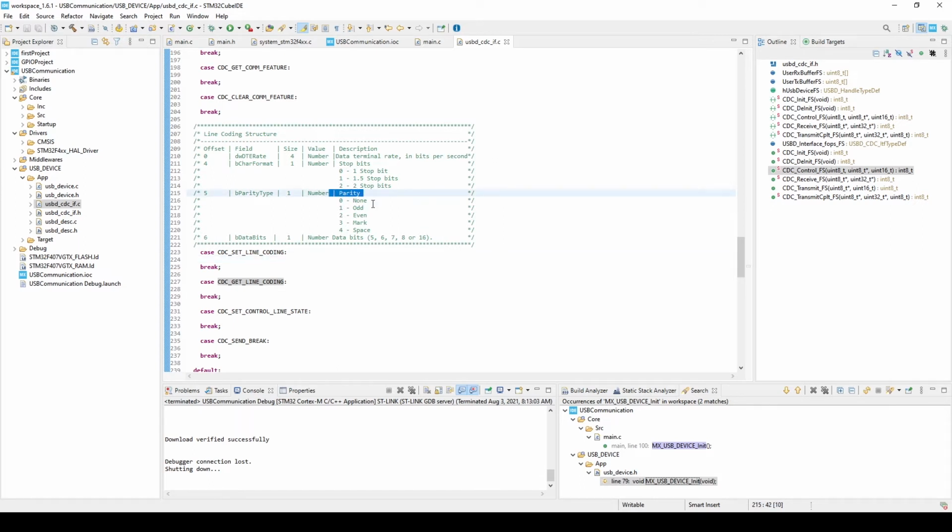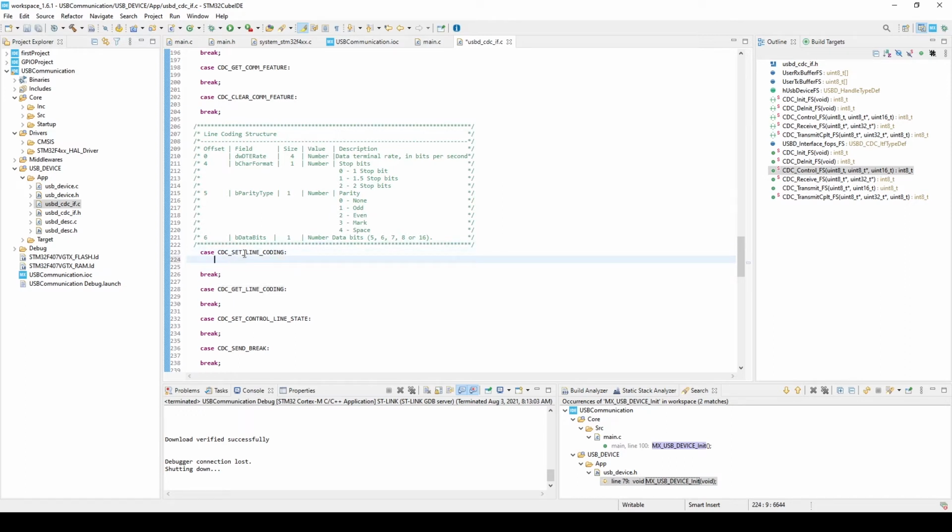Parity is used for detecting basically some of the problems that might happen. Then the number of bits that you're sending, you can send 5 bits, you can send 8 bits, or you can send 16 bits. So the best thing that I would suggest you to do is that you